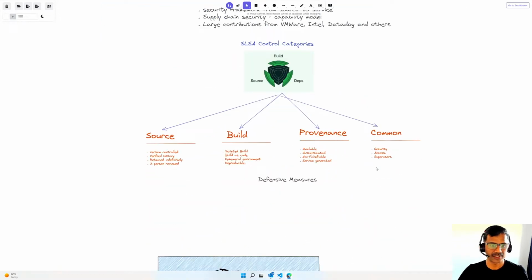The four control categories are source, build, provenance, and common. Within the source control category, there are various defensive measures in terms of making sure that the source is version controlled, that the source has a verified history, that source is retained indefinitely, and at least two people have reviewed this particular source. The build control category has various defensive measures, such as ensuring that the build is scripted,